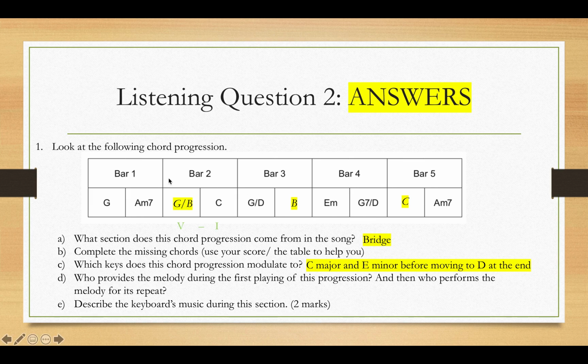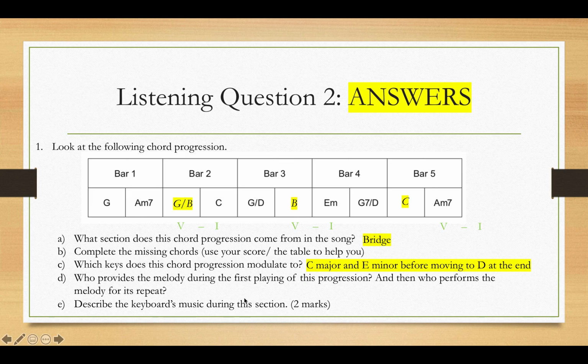Here's the first one. From chord G to chord C is a movement from 5 to 1, so that's why we've modulated to C major. Now we're looking for 5 to 1 in E minor. Where is it? Oh, there it is. From chord B to E minor. And then at the end, it's moving to D, and the A is going to be the chord 5 that then moves to D in the bar after, but that's not in this chord progression. So that's why I know that those are the keys that it modulates to, because there's a chord 5 to 1 progression, which cadences in a perfect way, a perfect cadence into the new key.